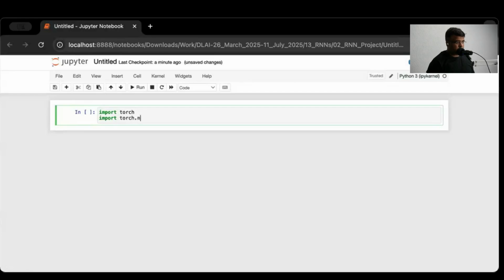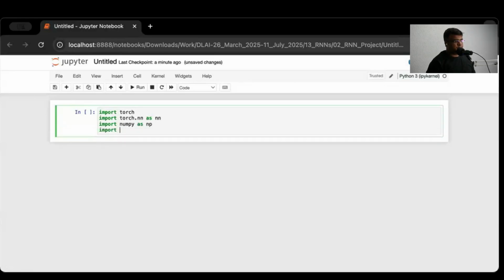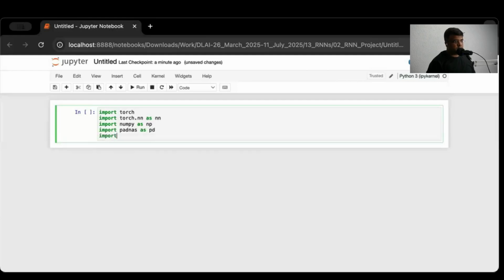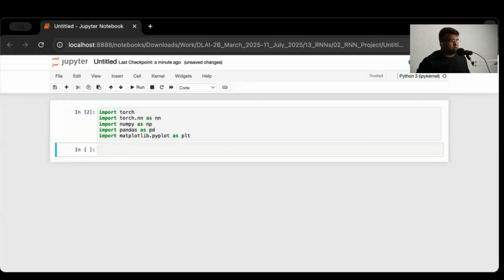Then import torch.nn as nn, import numpy as np, import pandas as pd, import matplotlib.pyplot as plt. So these are the libraries that we have imported,